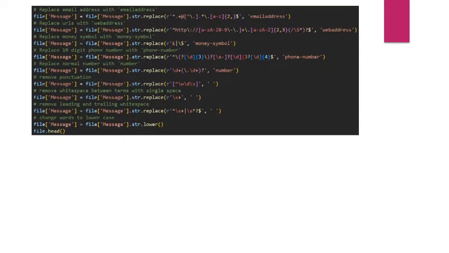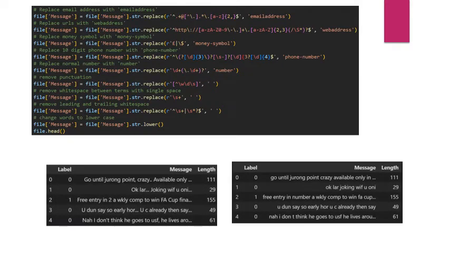In data preprocessing, there are many things we have to treat the same, like number 234 is treated as a number, and there is no difference in meaning between capital letters and small letters. Therefore, we replace them with lowercase letters, or a symbol like dollar is converted into a money symbol, and the at sign is converted into an email address. As you can see, capital G is converted into small g, and 2 is converted into a number.